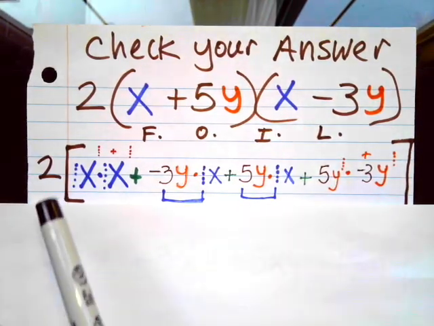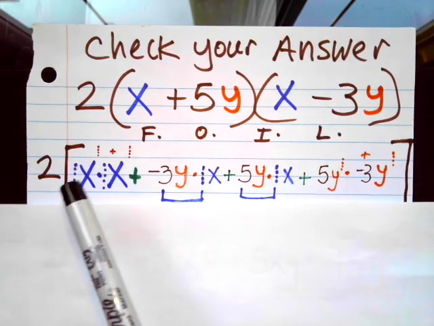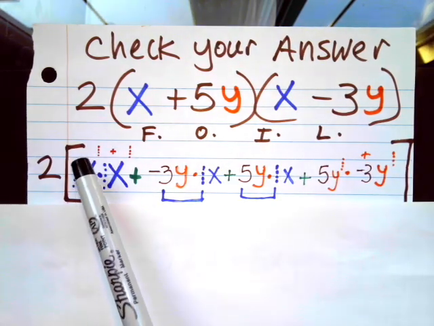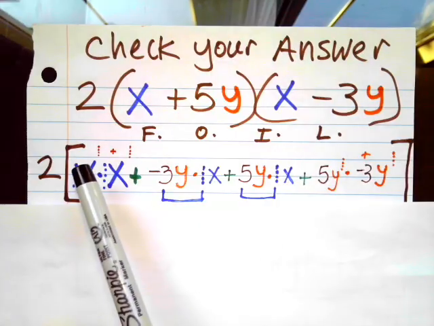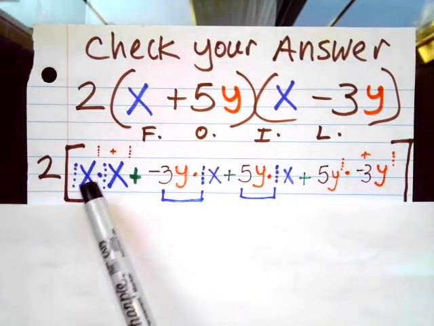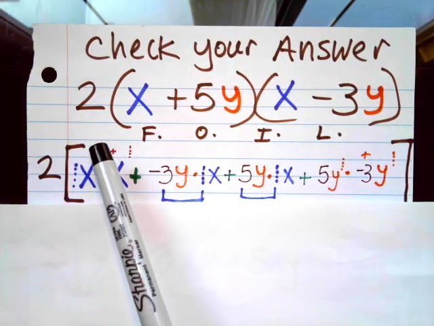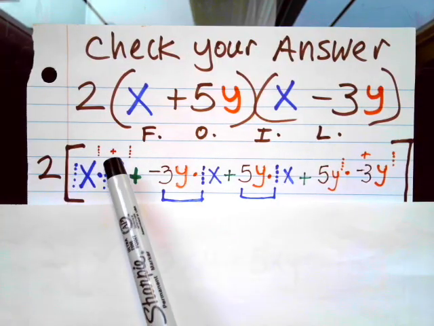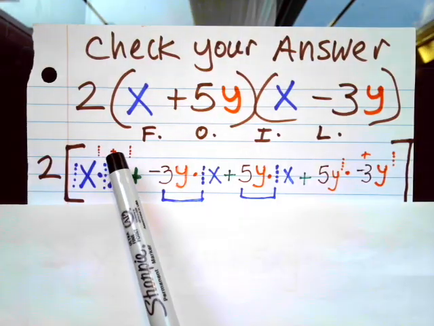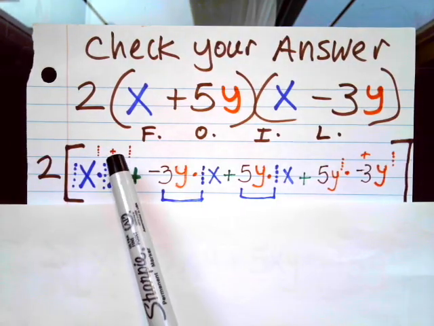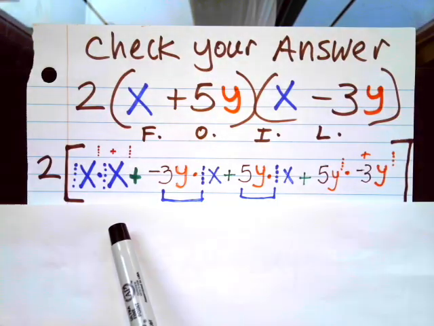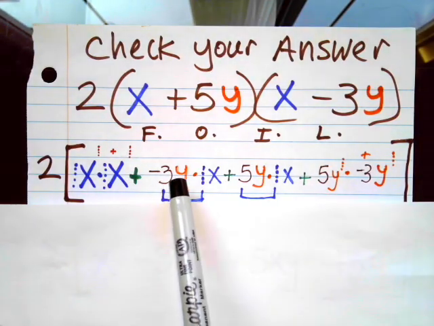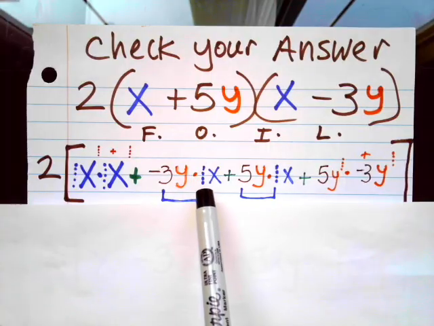Some of you may be joining me for the first time. I show invisible ones, so that's a 1x, and I use a dot, dot, dot. This is 1x to the invisible 1 exponential power. You can just write 1x times 1x to the first power. When you multiply same bases, you add the exponents. That's the rule. Plus negative 3y times the invisible 1x